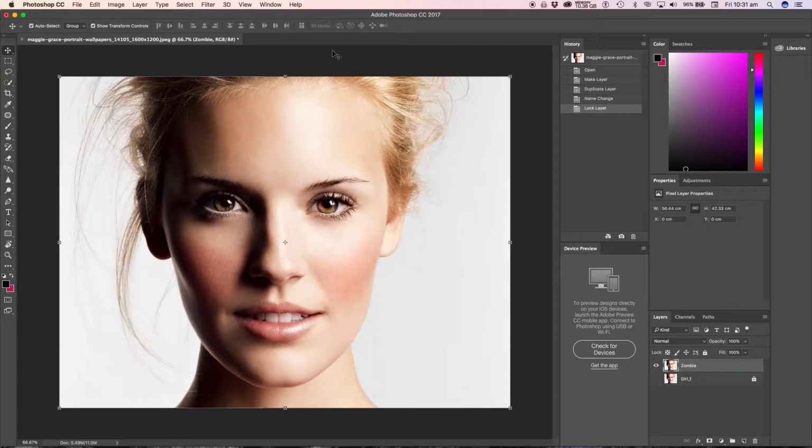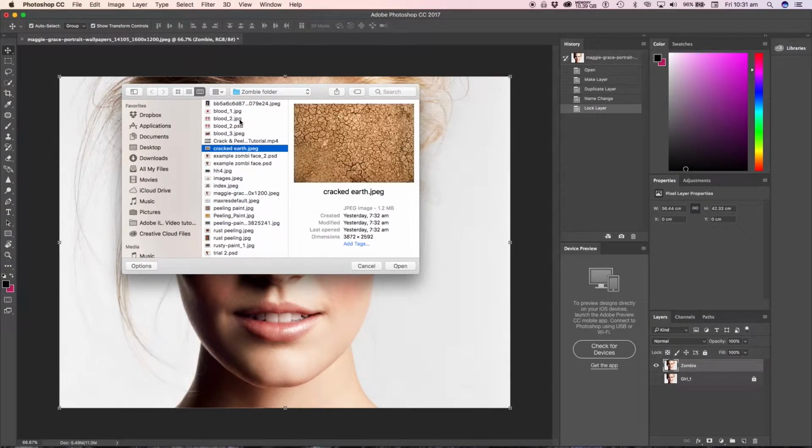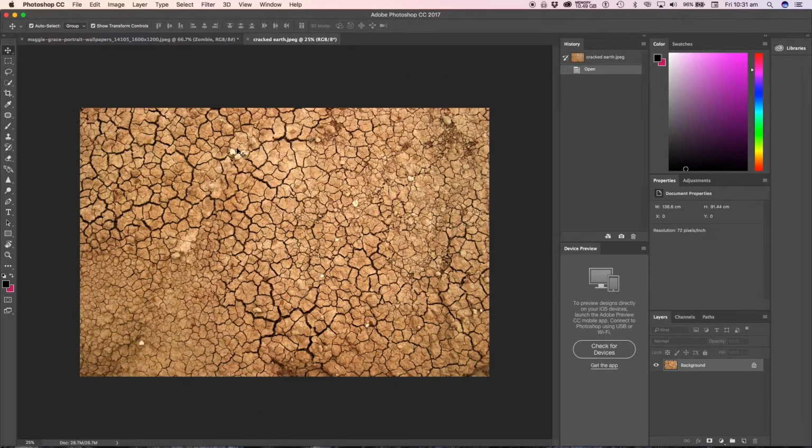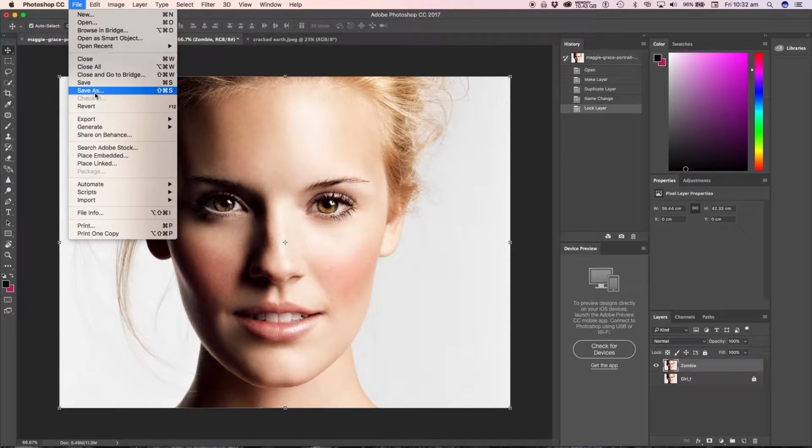The next step we want to do is add some cracked skin. Okay, so File, Open. Now I'm just looking for my cracked skin. There it is. Open it up. As you can see at the top, it's on a different page. And before we do anything else, we might actually save our work. So click on your beautiful person, whether it be a man or woman, and go File, Save As,